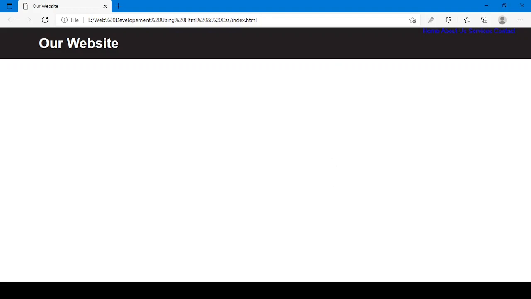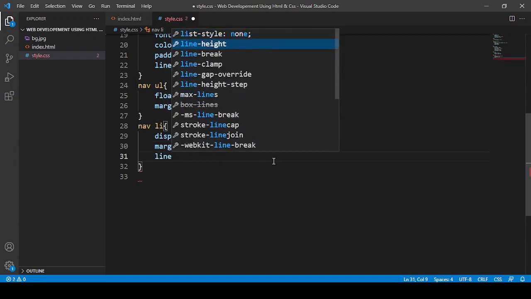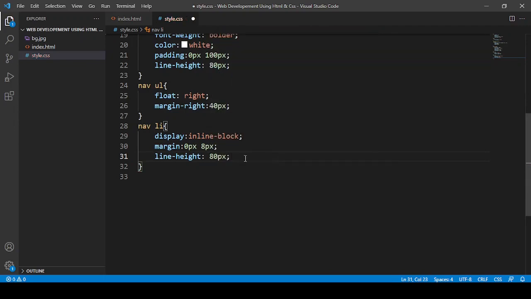So here in the margin I'm going to say 0 px, and then 8 px from the right. Yeah, and then I'm going to say here line height. Line height how much? 80 px, just a random number.